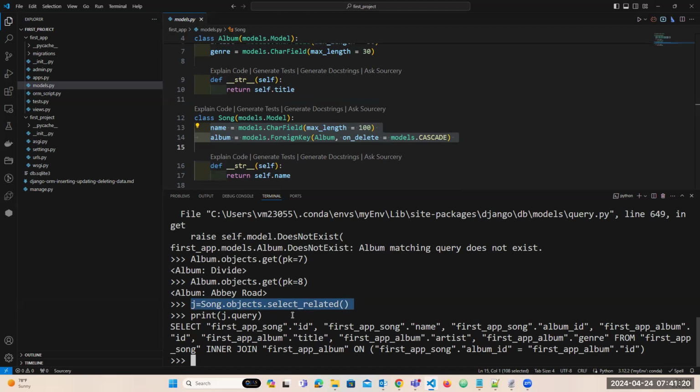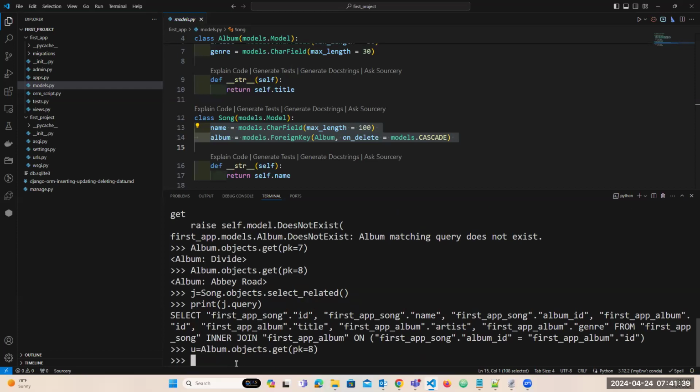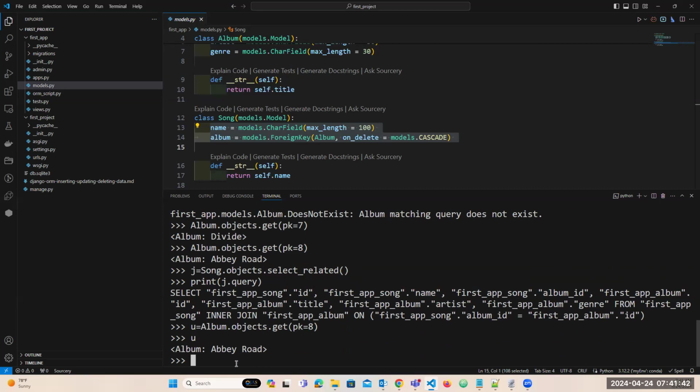Then, these are the main commands to update. Suppose I want to update a record. So suppose I have this record, u is equal to this record, and this is the value. I want to update the value. For that record, the genre we gave is pop, right? Here, what is the value of that? u dot